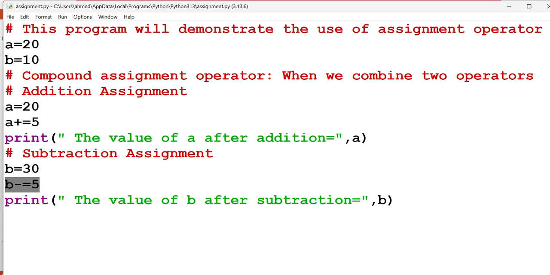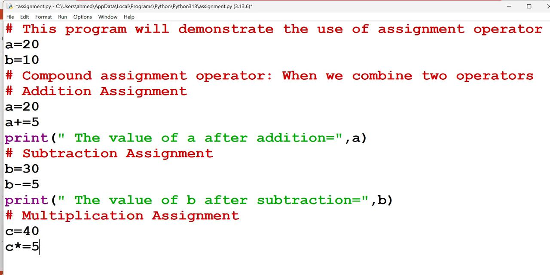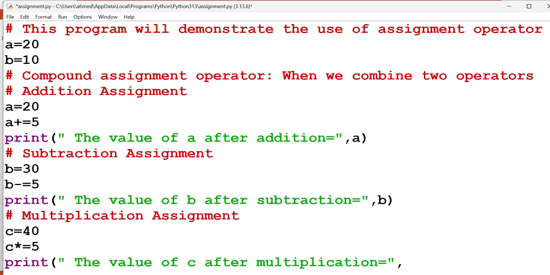Now we will proceed to the third assignment, which is multiplication assignment. The value of c after multiplication. So when we will run this program,